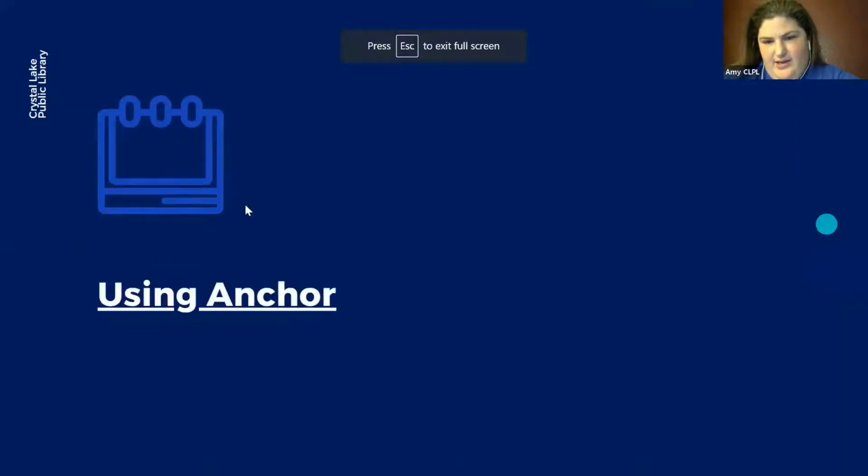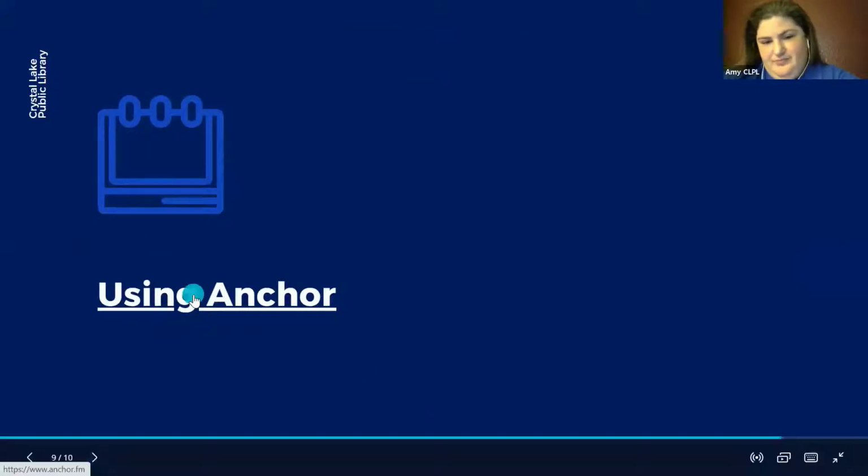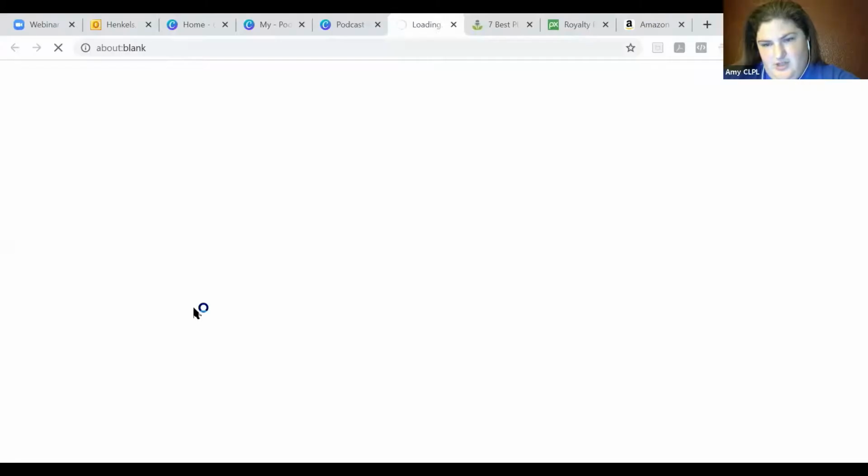And then finally, we have Anchor. And so I'm just going to walk through how you can set everything up on Anchor. And then while that's loading,